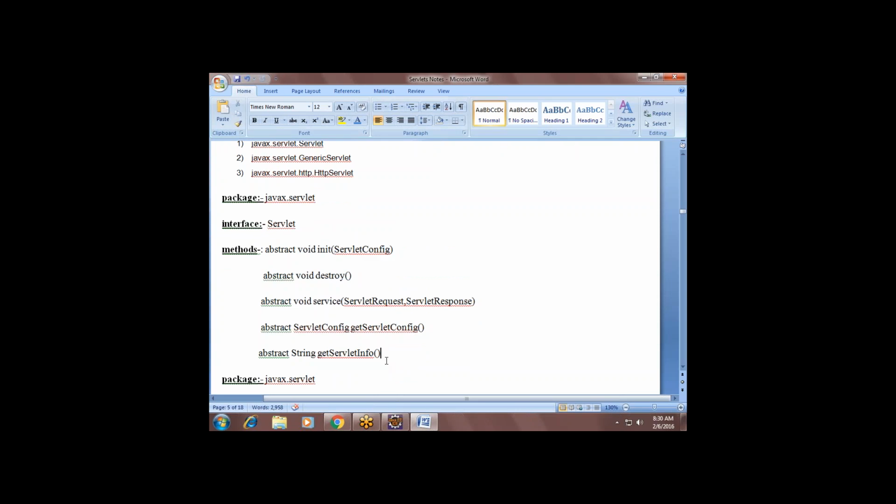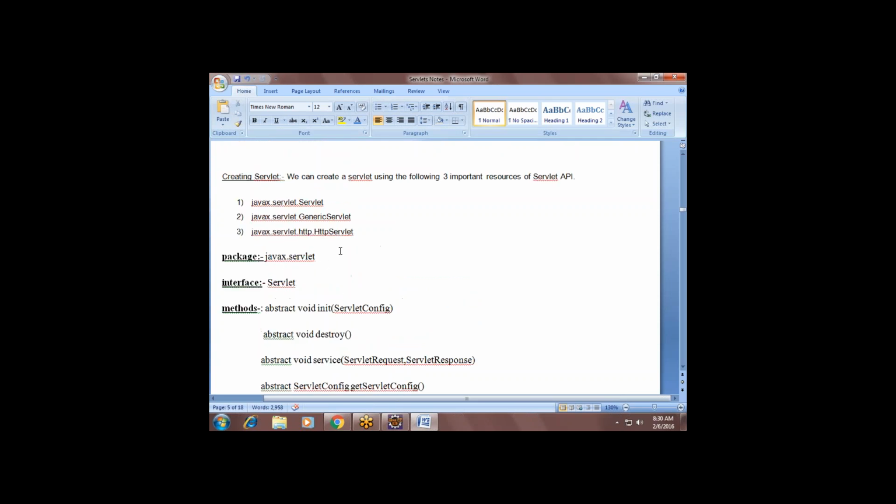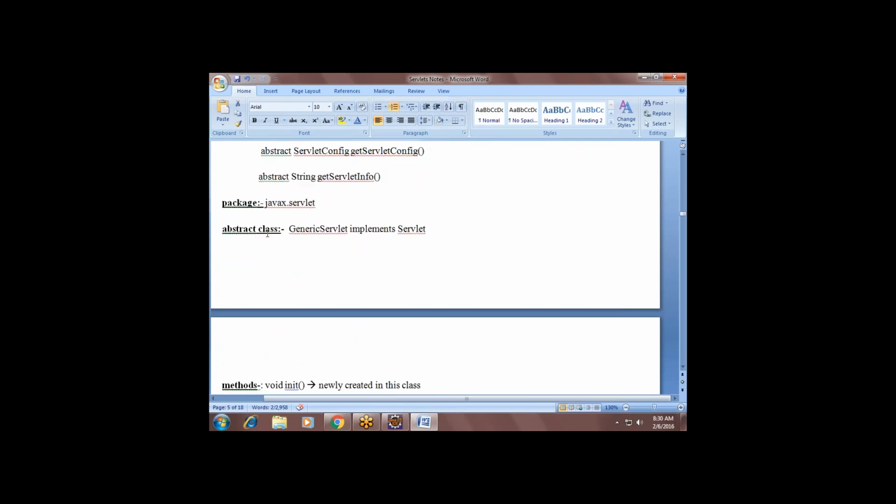So it is very difficult. Better you do one thing, go to GenericServlet. That is the second approach. GenericServlet implements the Servlet interface already, guys. It is a subclass of the Servlet interface.